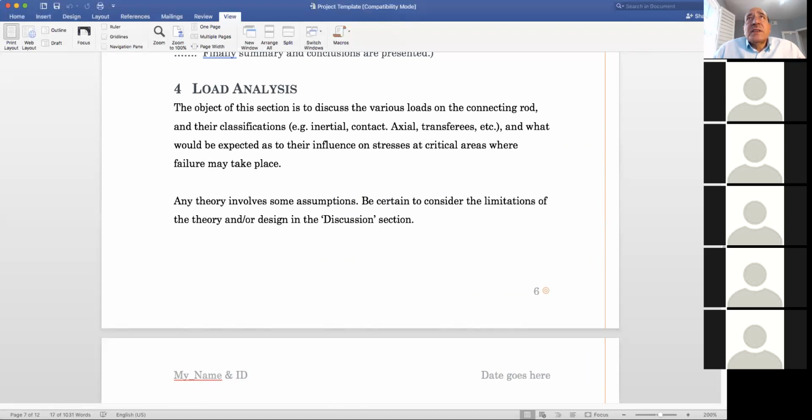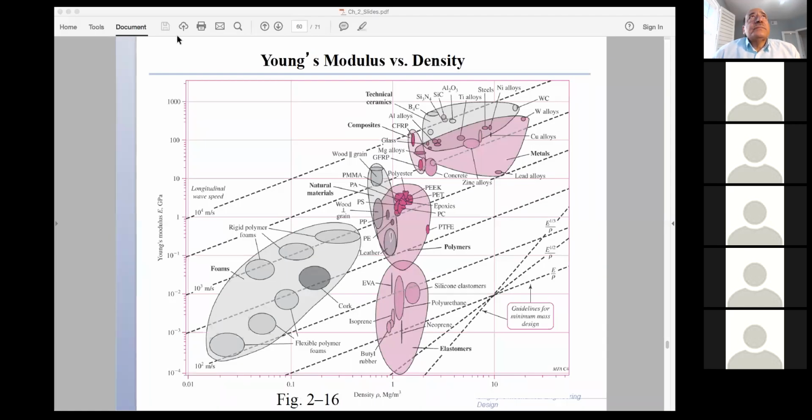And now I just wanted to spend a little bit of time, we have about 15 minutes or so, to talk about some elements of material selection related to the homework assignment and stress and strain analysis. So in material selection, you see that we select materials based on their basic properties.